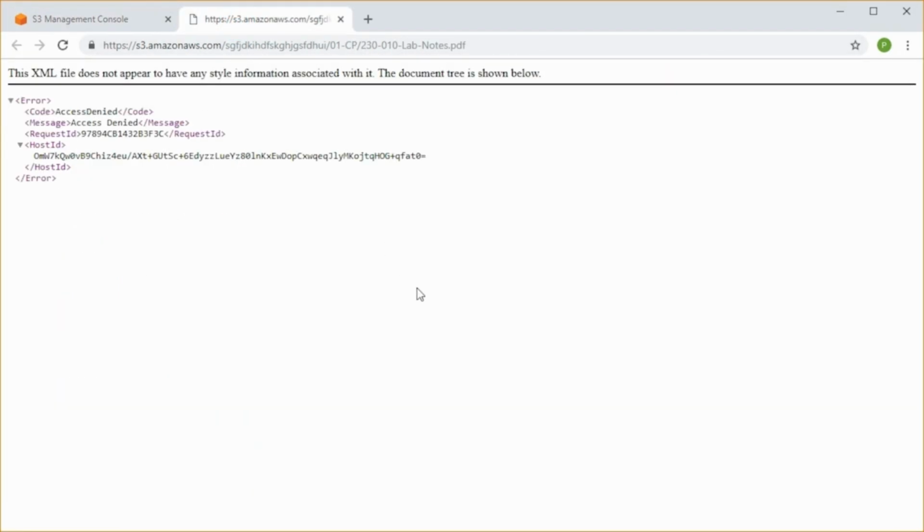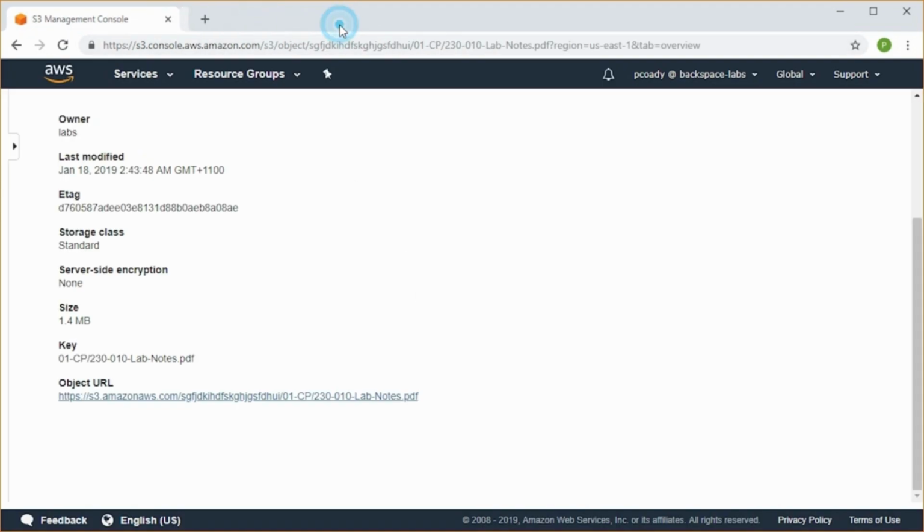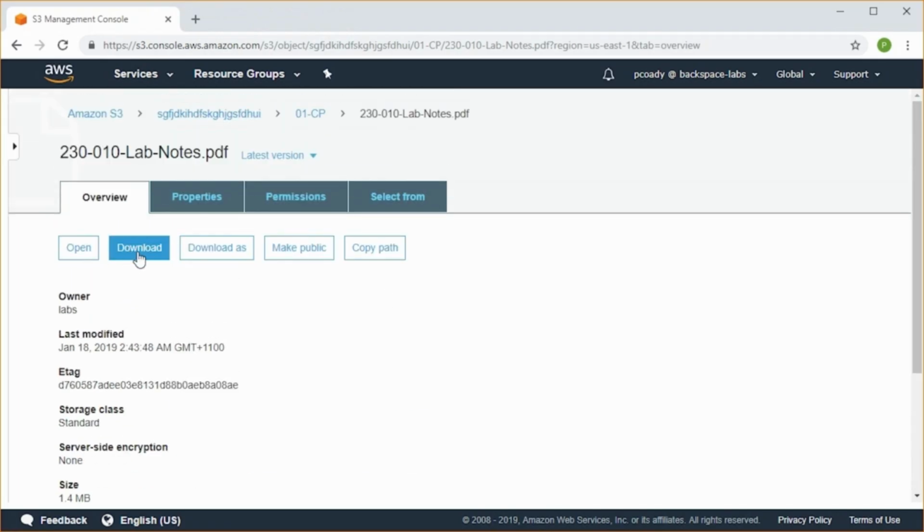So what that is, you're trying to access through your browser directly to that object, and it's a private object, so you can't access it. So if you want to have a file that is accessed like that, you need to have it public, and you also need to enable website hosting in Amazon S3. So we'll just get out of that. So if you get that screen, that's what's happened. You've clicked this object URL instead of clicking the download link here.